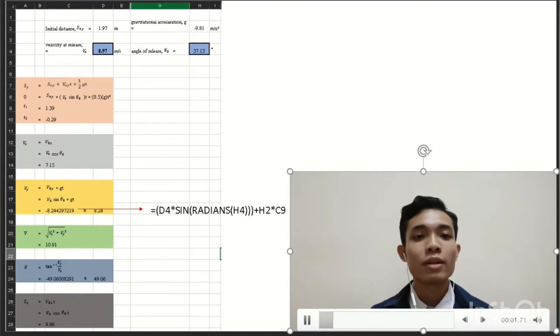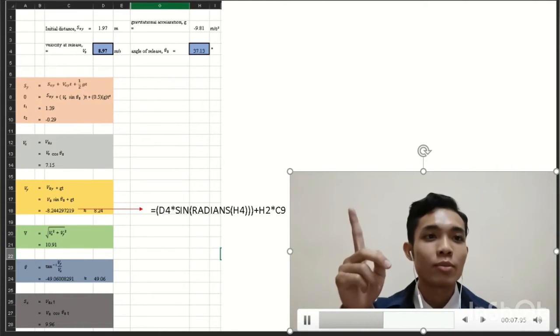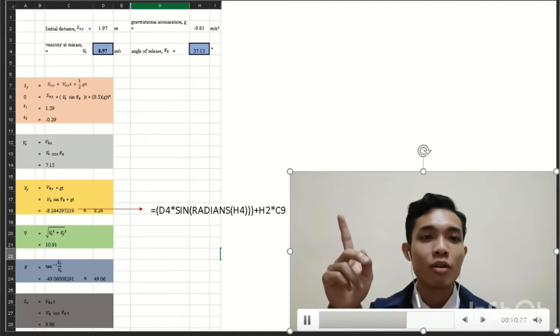For the Vy part, we use the equation u plus at. So take u as d4 multiplied by sin h4 plus h2 and multiply by